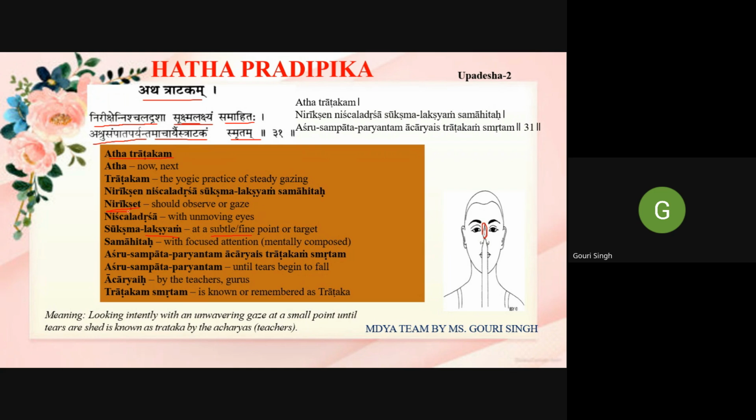But if you follow the current Sanhita, they give three types of Lakshya. Madhyama Lakshya is also there. Madhyama means you focus on the middle of the eyebrows, inner means the subtle one, and outer means any outer element you can observe. But there is no discussion of that here. It is only giving the subtle target. Anything you can point out, you have to gaze on that point without blinking your eyes.